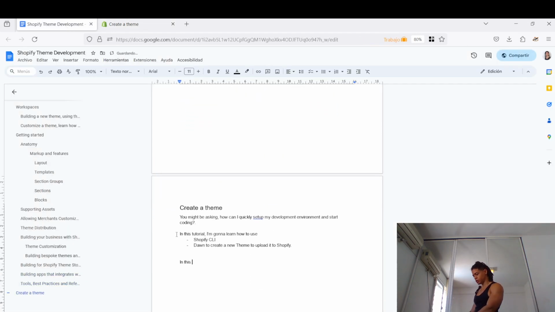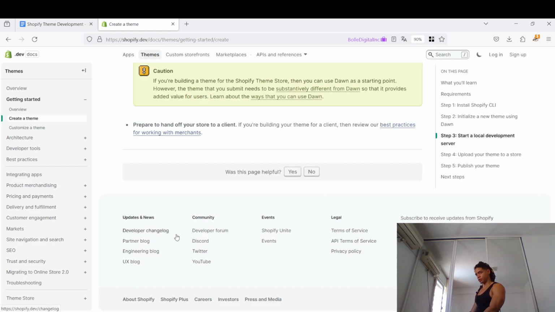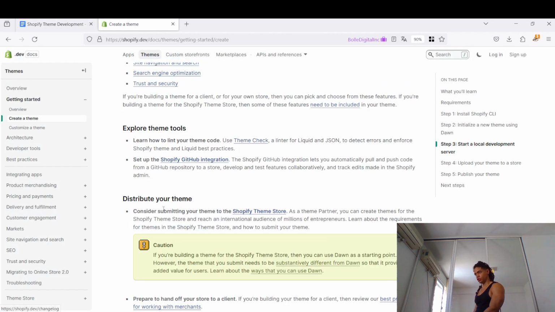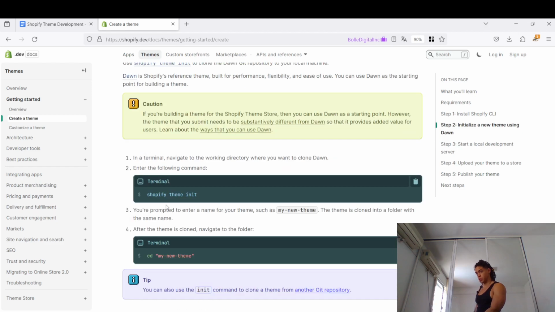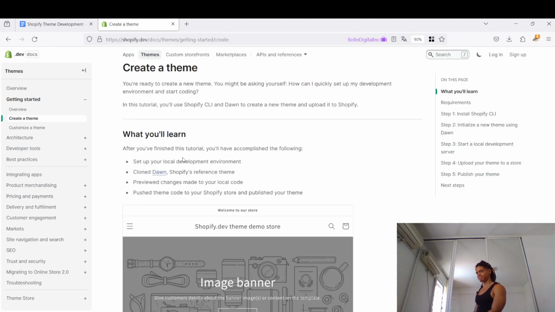So in this tutorial, these series of steps will be repeated over and over, especially if you're creating a theme, or if you're working with a theme, if you're customizing a theme. Okay. You may wonder why this is important. Well,